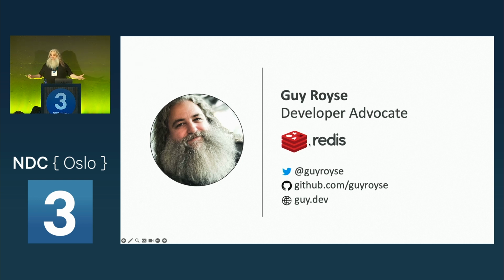What my boss wants you to know is that Redis is more than just a cache. It can be a database. It's more than get and set. It stores more than strings. It does a lot of stuff. We're going to talk a little bit about some of the stuff that it does today. There are some probabilistic data structures available in Redis. We're mostly going to talk about probabilistic data structures, and then I'll talk a little bit about how you can use them in Redis if you don't want to roll your own. But we're going to go down into the details and how these things work. So that's the thing that matters to my boss.